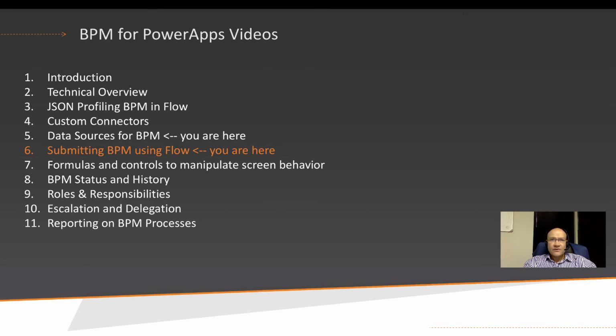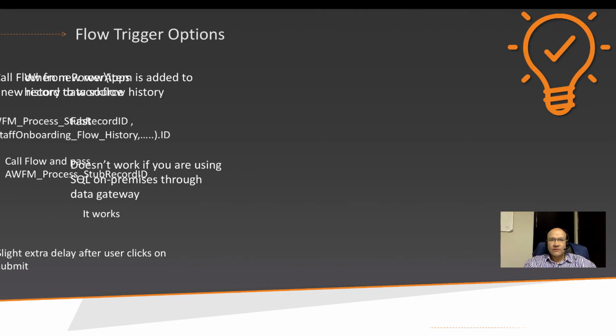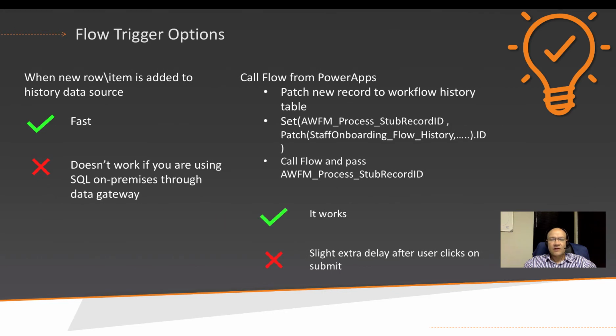Right, so there are two ways of triggering flow. The one is by having flow listen to your workflow history list or table, and as soon as a new row or item is added, then trigger. That works very well and it's very fast. The only problem with that is that if you're using SQL on premises, the trigger doesn't work as soon as a new item is added. So at the time of doing this video, that doesn't work yet,